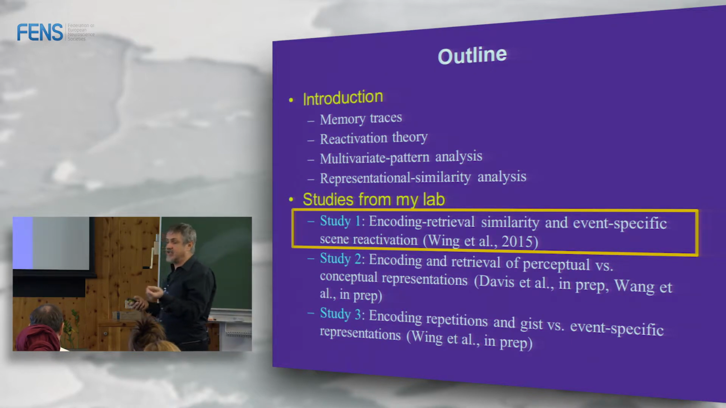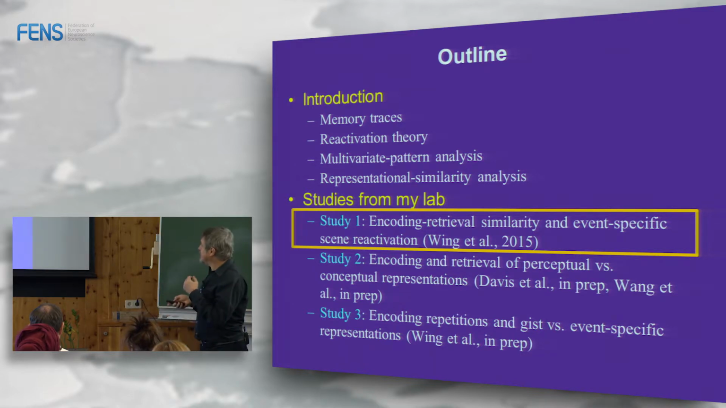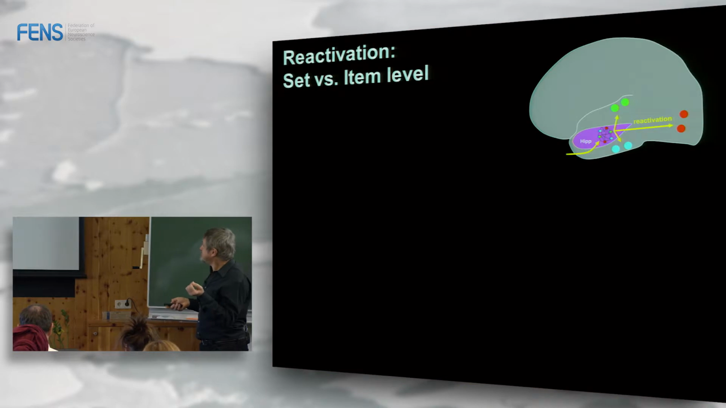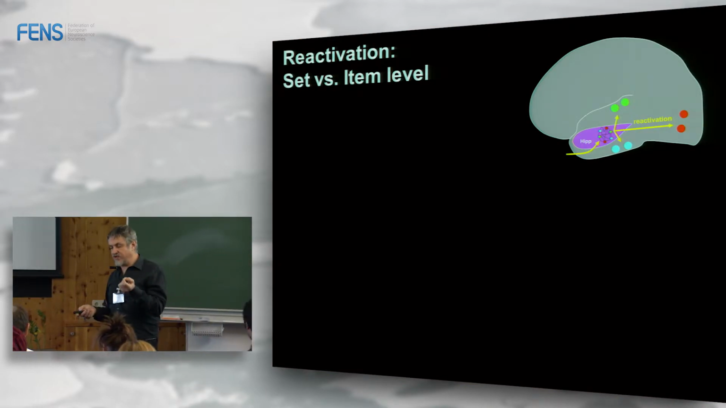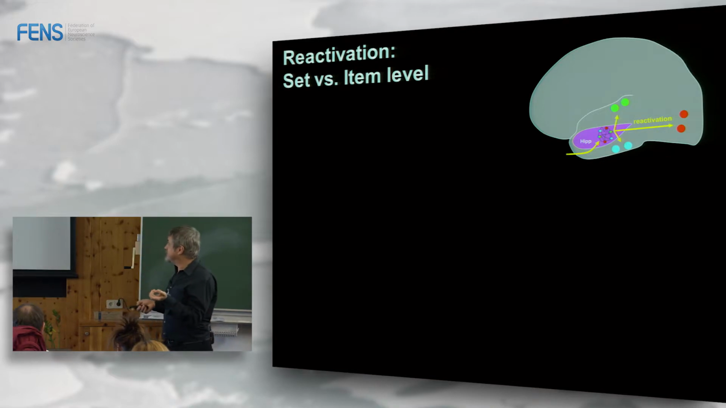So rather than looking at necessarily differences across stimuli, for example, as Christian was showing yesterday, where you have the items that were associated together versus the ones that were not, or faces and houses, or scenes, we typically look at the similarity between encoding and retrieval. Another thing that we do is look not only at similarity at the set level, but also at